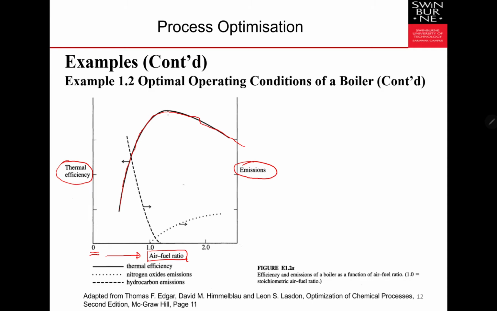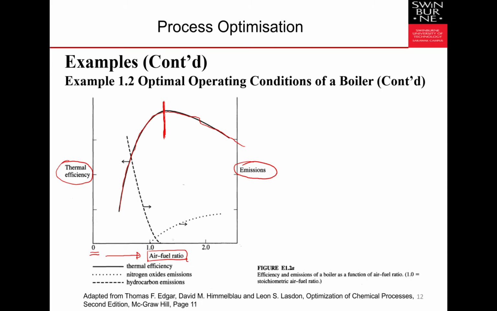The thermal efficiency in here will be maximized at this particular point that basically has a quite, I would say, quite medium value of the air to fuel ratio. So it implies a value of air higher than 1 than what is needed stoichiometrically for the fuel to burn the fuel. Okay, so this one is the thermal efficiency. So we need a slightly higher than 1 value to achieve the thermal efficiency.